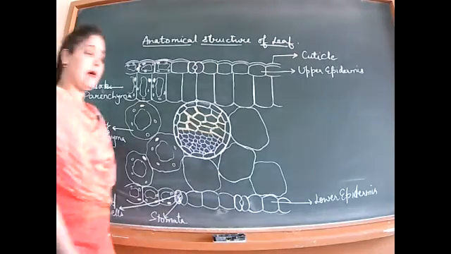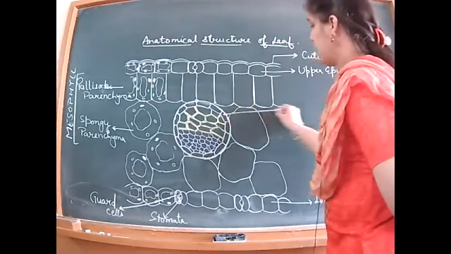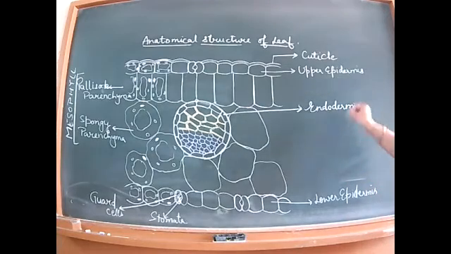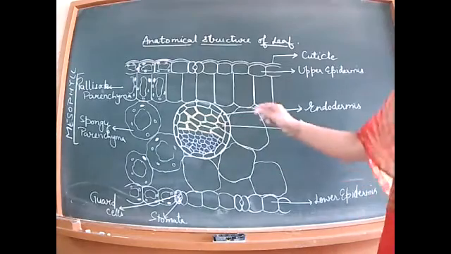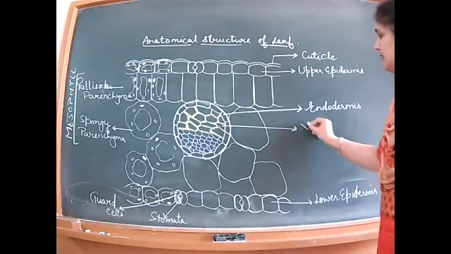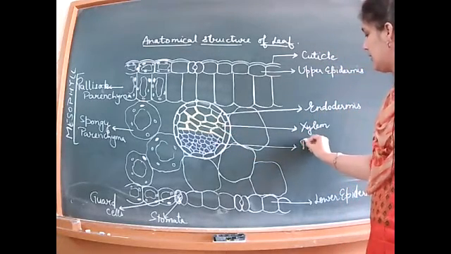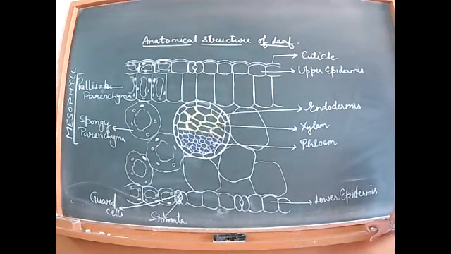Now labeling these three parts, that is the simplest of all arrangements, right? So this is the endodermis, first of all. Then these upper bigger and thicker cells comprise the xylem tissue, and these lower smaller and thinner cells make the phloem tissue. So this is the complete structure of the anatomical view of a leaf, right?